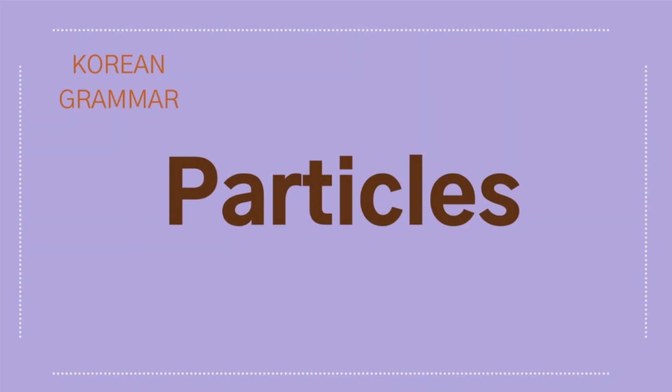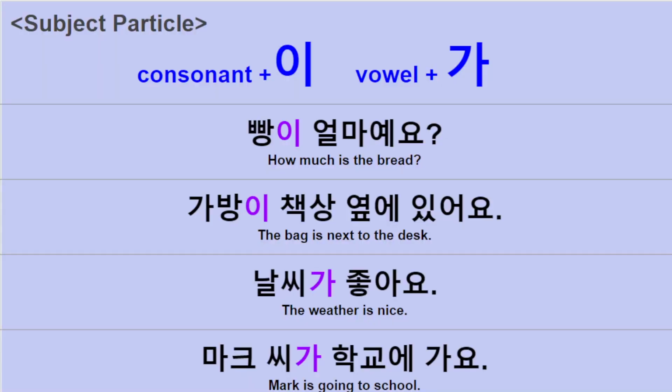And we have many particles, right? But today, let's talk about some main particles. And the first one is subject particles, 이 and 가. We put these after the subject in the sentence, and after words ending in a consonant we put 이, and after a vowel we put 가,